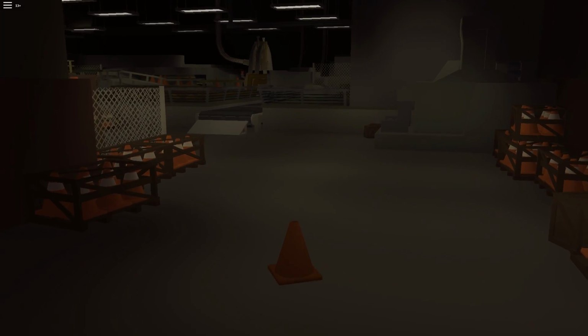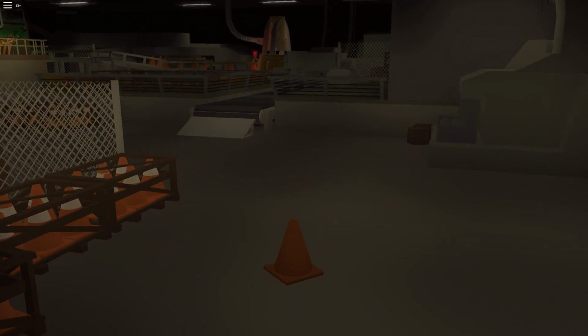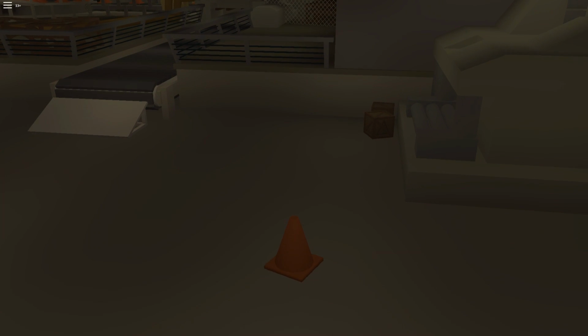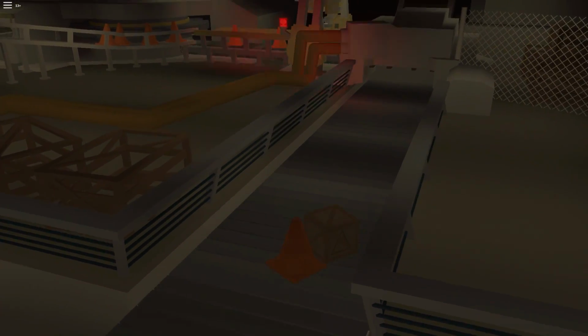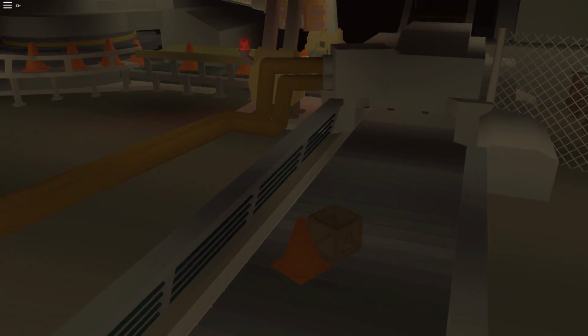Alright, when you get into the factory, you will have one of the harder parts of the game. You want to head straight forward and grab one of the small boxes right here. I suggest you put the box behind your cone like this, because it's easier to climb that way, because you need to climb on top of the conveyor belt with the cone. Then push the cone in front of you until the end of the conveyor belt